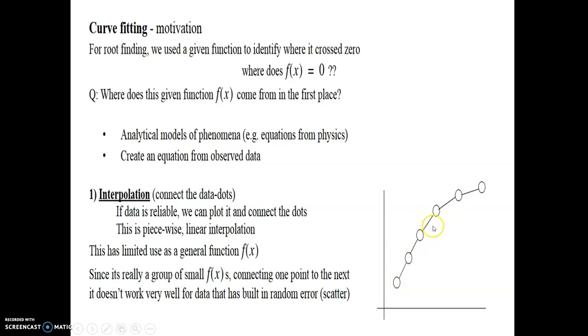Similarly, we have functions over here. Each line has a function. Two points are connected by a line, and it has some function in terms of y = ax + b. But if the data is scattered, some point is here, some point is here, some point is at this position, some point is at this position. So if the data is scattered, then it becomes difficult to plot the function.